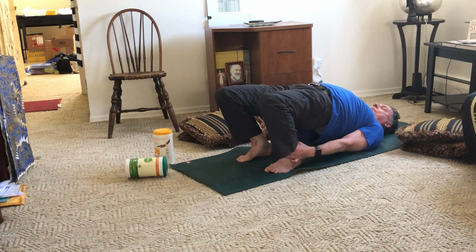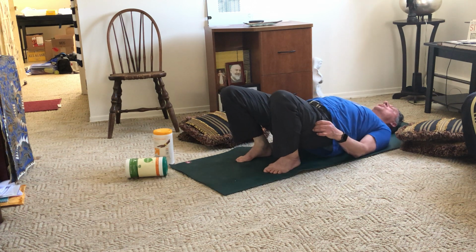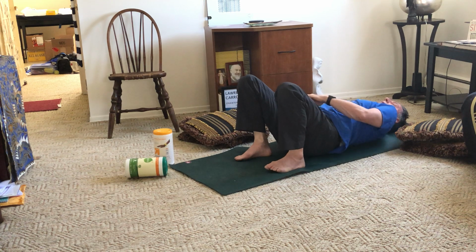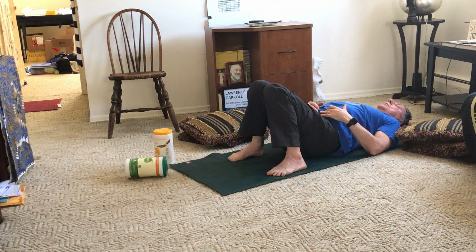For 3 more breaths. And then slowly release. And notice how the back feels after. Walk the shoulders apart. Let the shoulder blades hug down to the mat. And if you can, bring the kneecaps together, feet apart, and let the low back press into